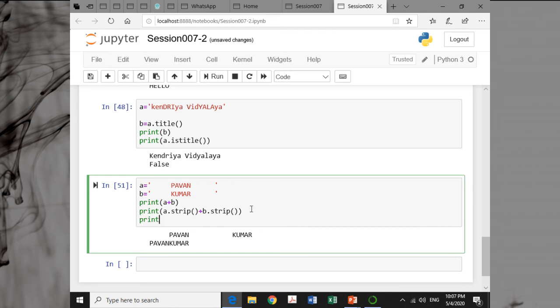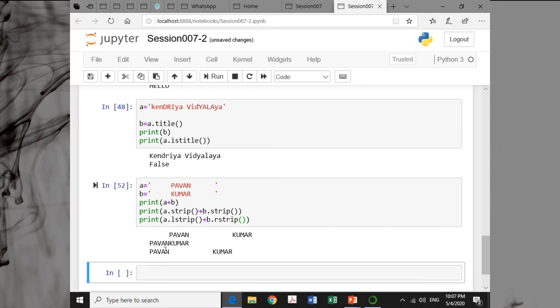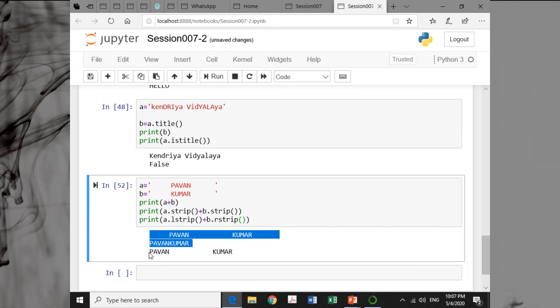Like if I am writing print a dot lstrip, it means from a I want to remove the leading blank space, and b dot rstrip, from b I want to remove the trailing blank space. You can see before Pawan there is no blank space, but after Pawan there are blank spaces. Then before Kumar there are blank spaces, but after Kumar there is no blank space.